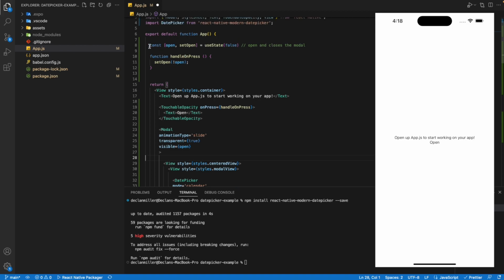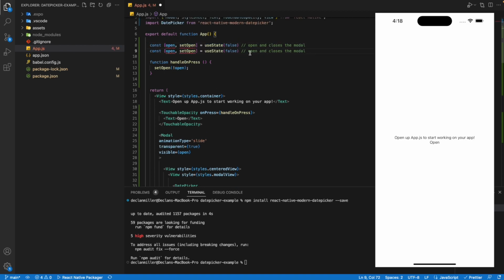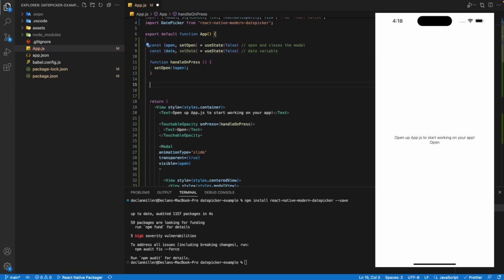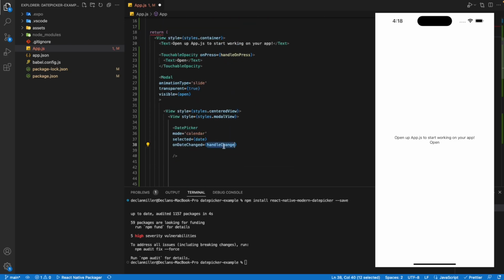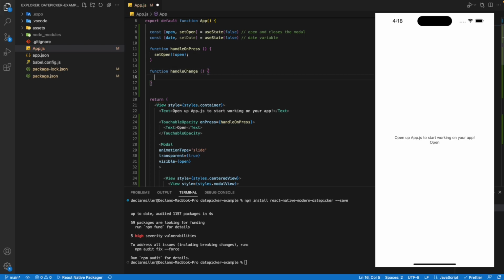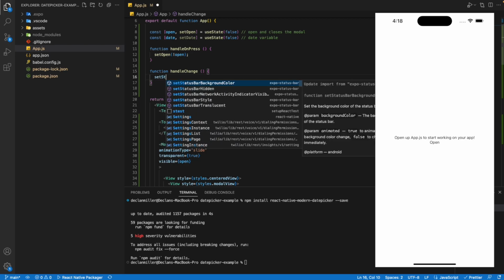So to start off with, we'll copy and paste this, and we'll go date variable, and this will be date, setDate, and then we'll go function. I prefer to copy and paste these things because sometimes you misspell it and it's a nightmare to find what's going wrong. And just go setState, not setState, set